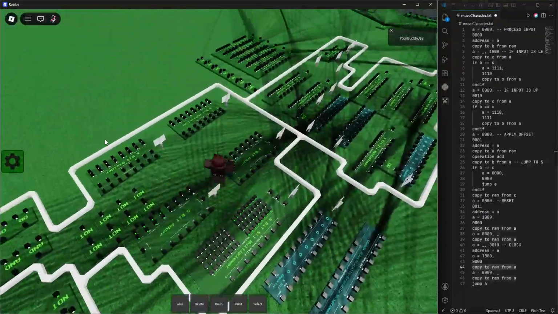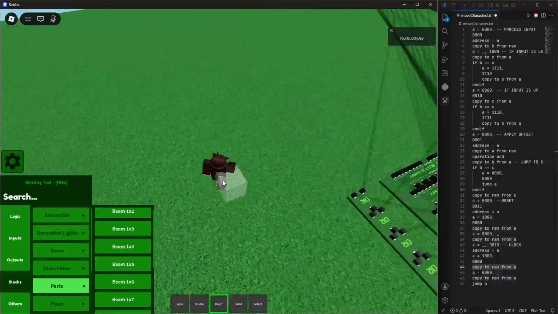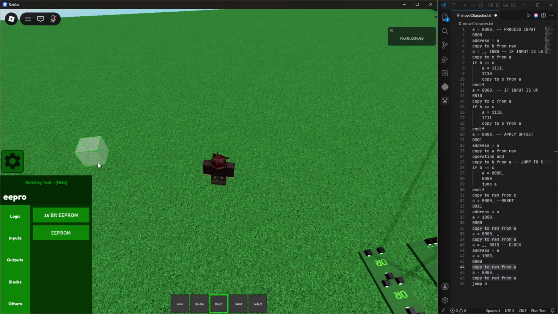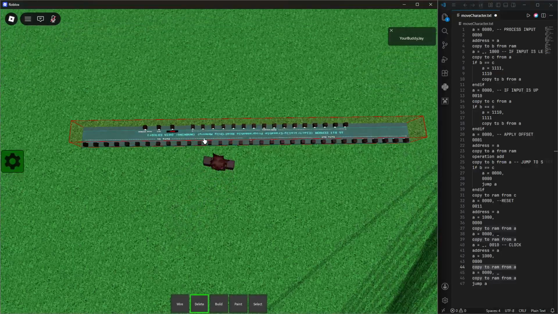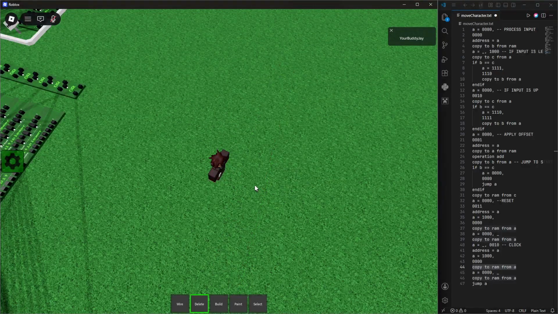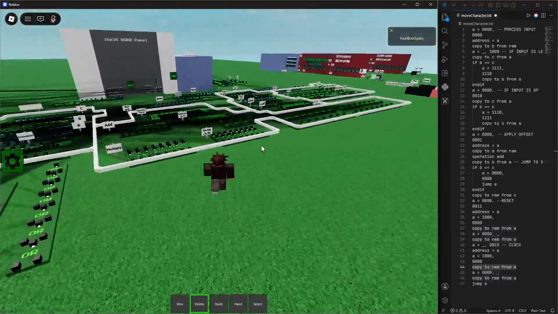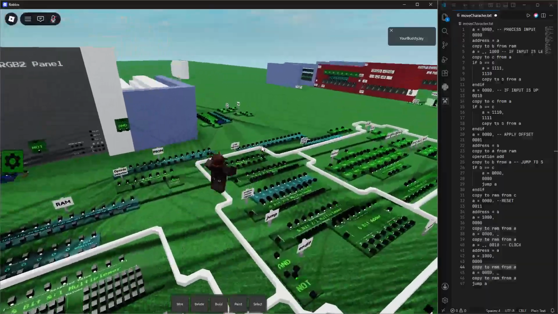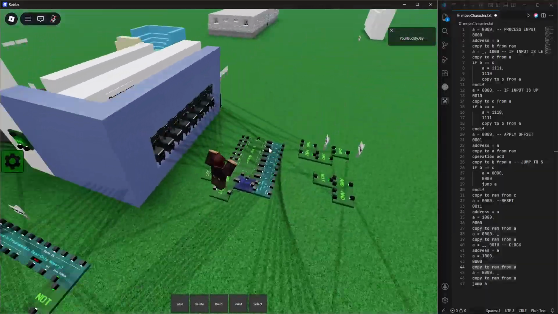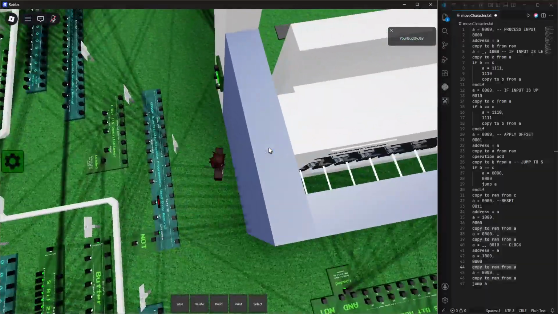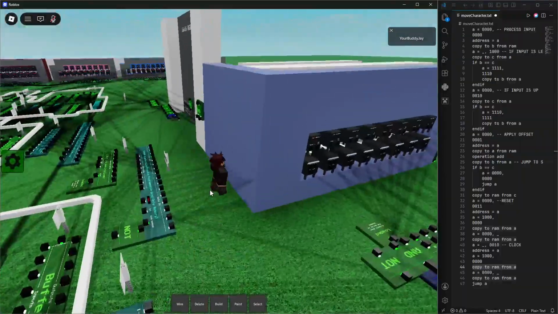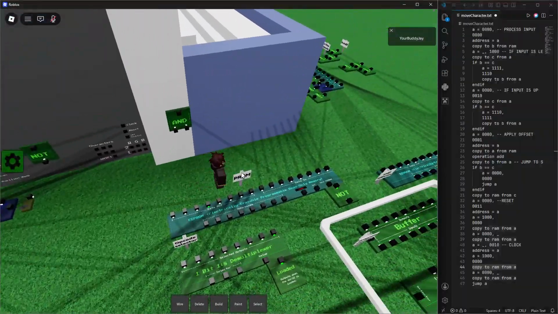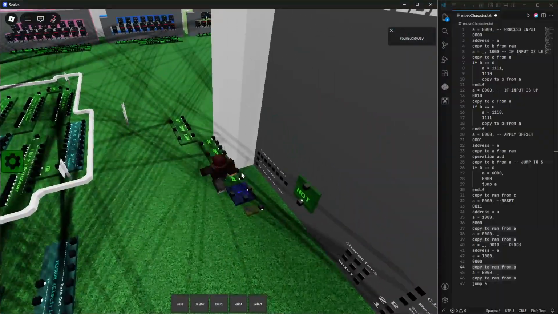I'll definitely need a way to fix it if I'm gonna upgrade to 16 bits, because the 16-bit EEPROM has way more addresses, and it'd be way too long if I just tried loading through every single bit. Or maybe I need a faster way of communicating besides these lasers. Whatever the case may be, our program is now loaded into our computer,